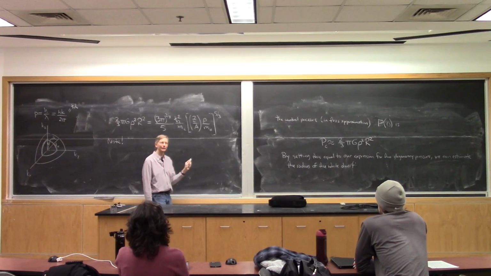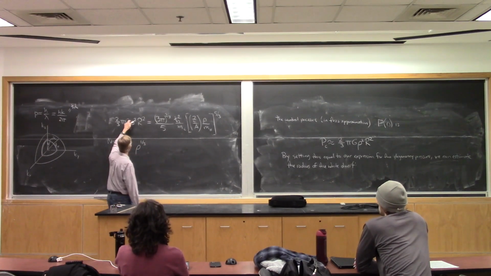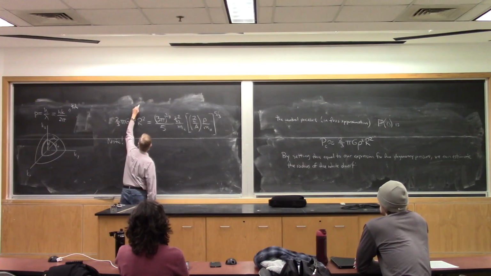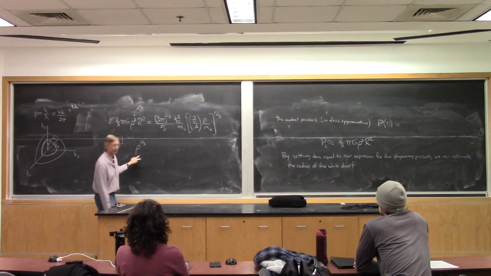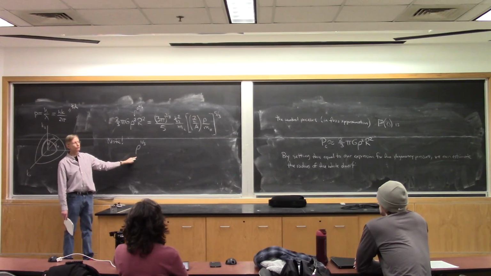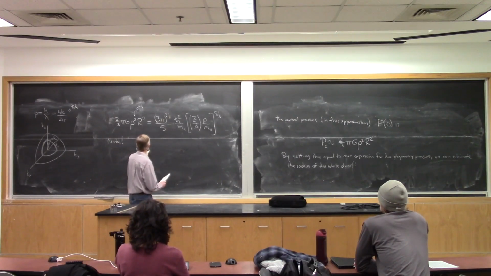Rho to the 1/3. I'm going to divide by rho to the 5/3 to leave only rho on this side. So rho to the 1/3 is sitting there